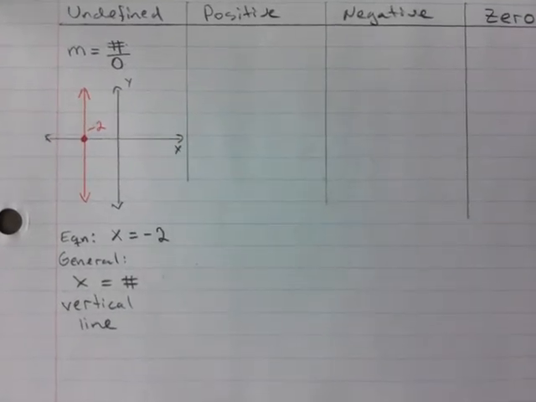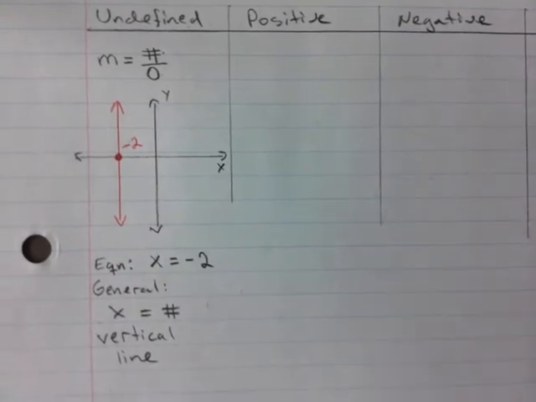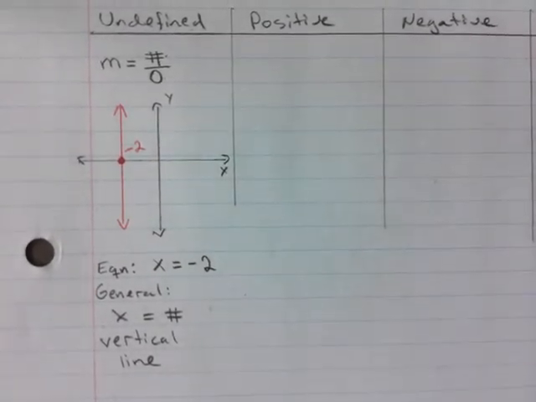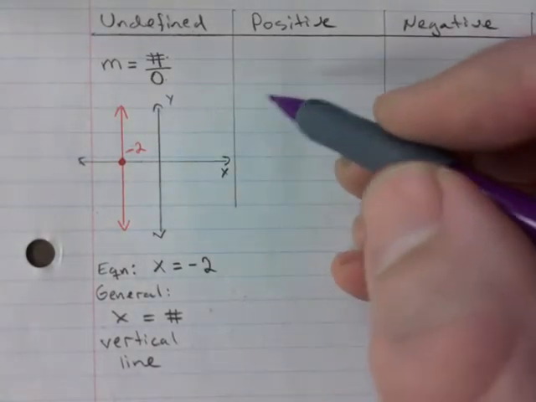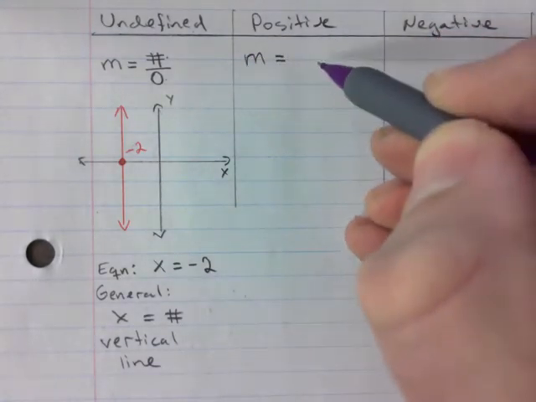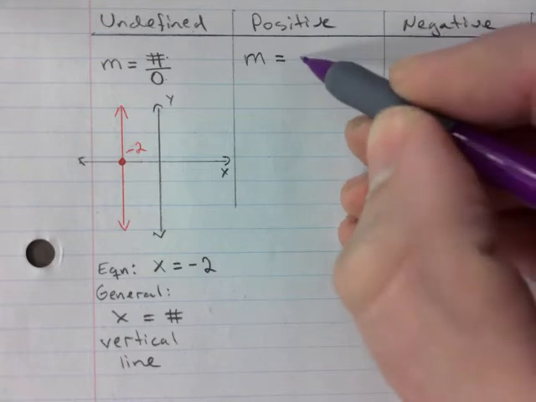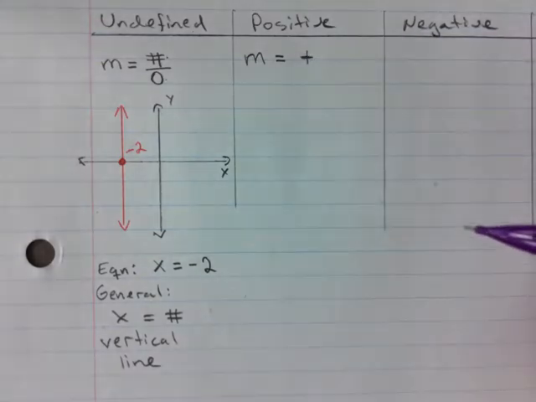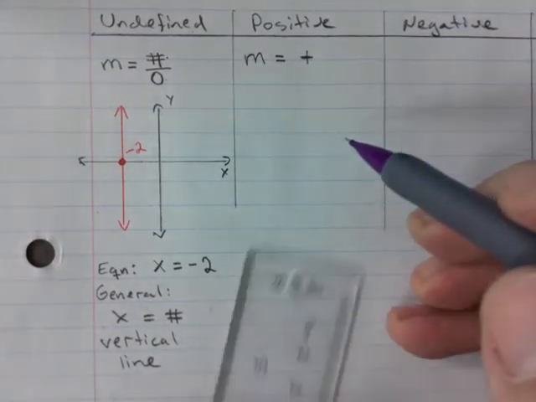How about I do this for now? I'm just going to zoom into the positive and the undefined there. There you go. So positive, your slope is just going to be something, it could be a decimal, a fraction, you name it, but it's going to be positive. So then when you have your little grid,